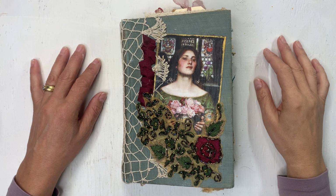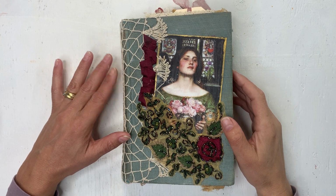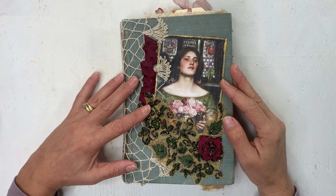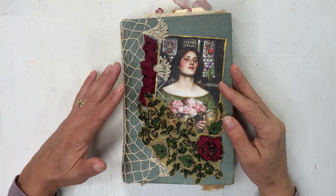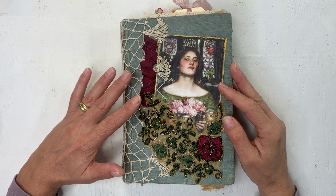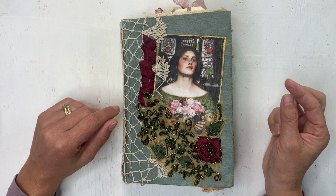I am back with the last two medieval journals, and these journals I made with the intent to sell them at a lower price than the other two. So they have fewer decorations and are maybe a little less elaborate than the other two that I showed you